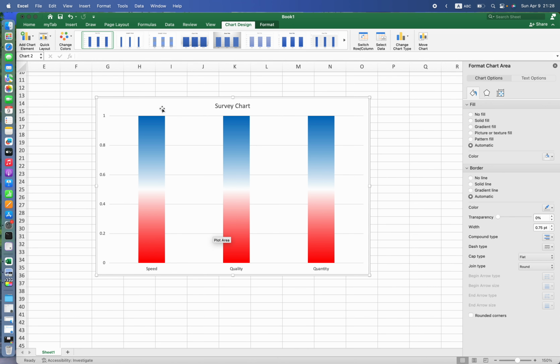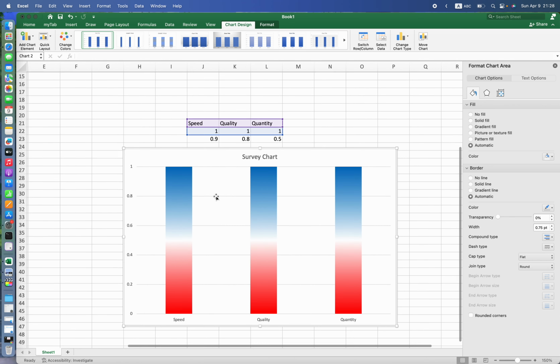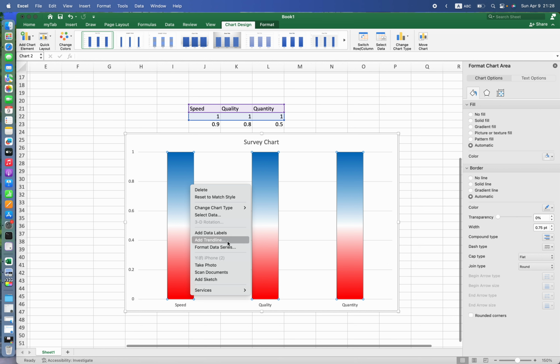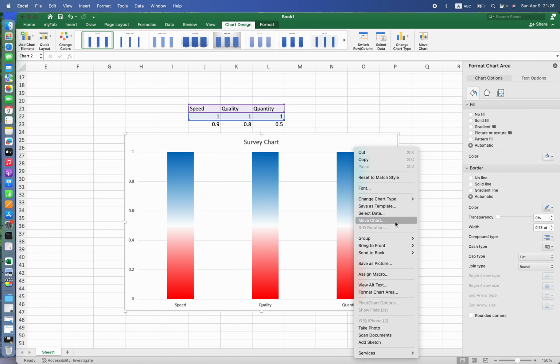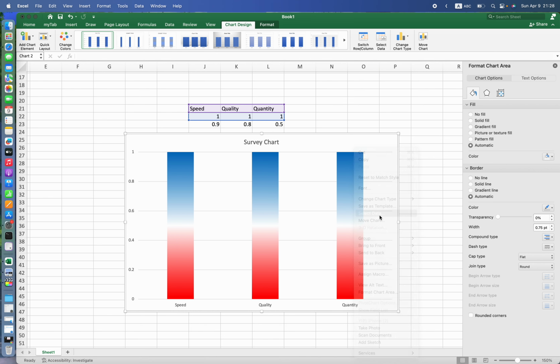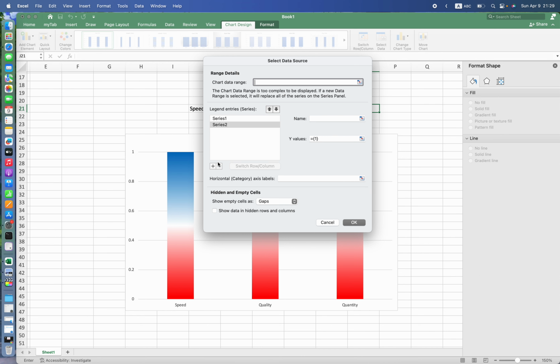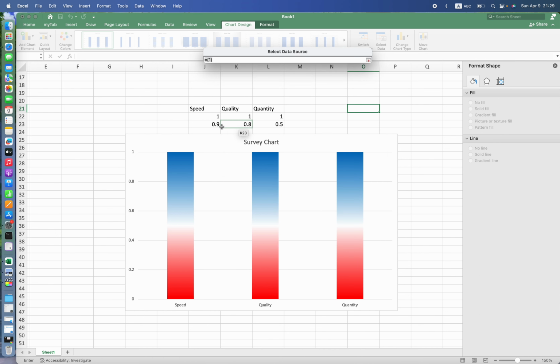And then what you need to do next is to add the actual result of the survey. So what you do is, I think it's add data. So for my data series, nope. So let me try it again. So what we need to do is select data, and then we add a new data series, and then select the value here,